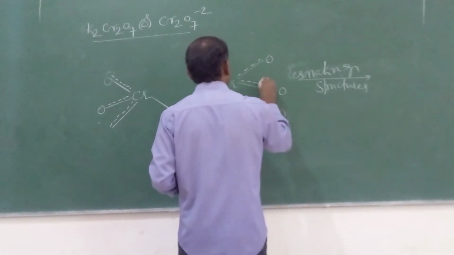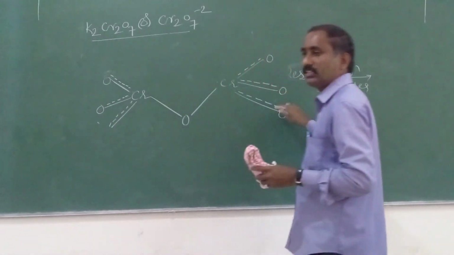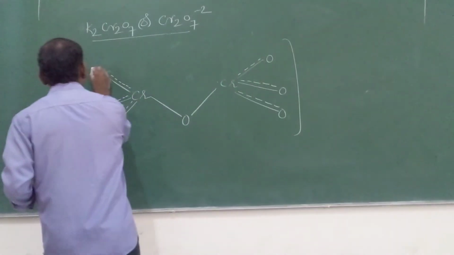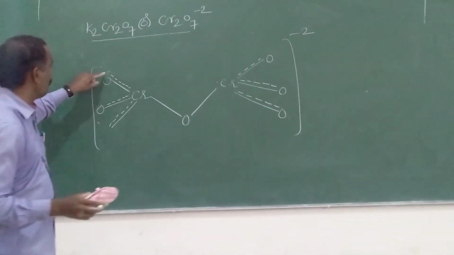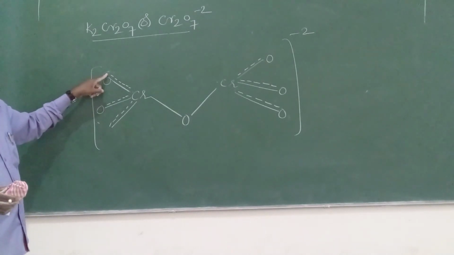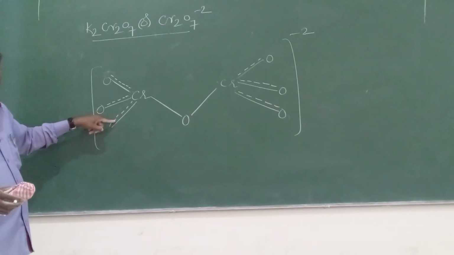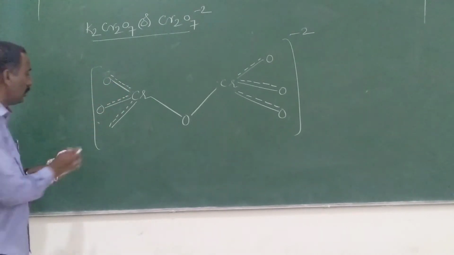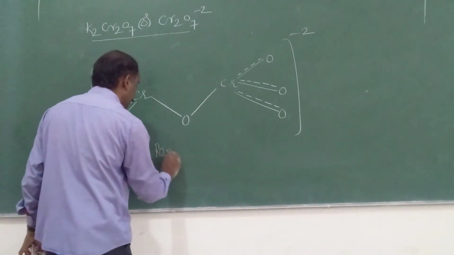This dots indicates negative charge is moving from this oxygen to this oxygen. On the top you have to write down -2. This is resonating structure. Again I am repeating. Initially in the first oxygen negative charge is there. So in second structure it comes to second oxygen. In third structure it comes to third oxygen. Therefore your negative charge is delocalizing to all oxygens. So it is the resonating structure.